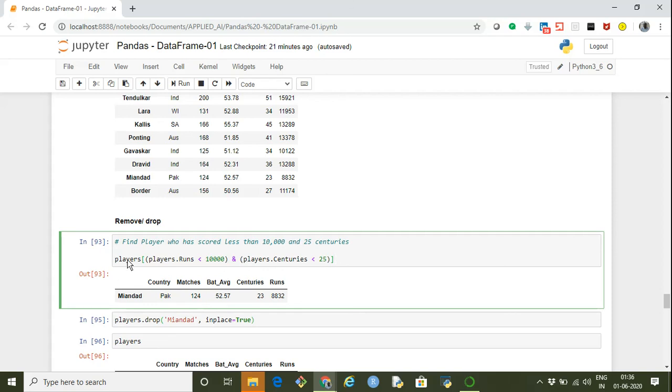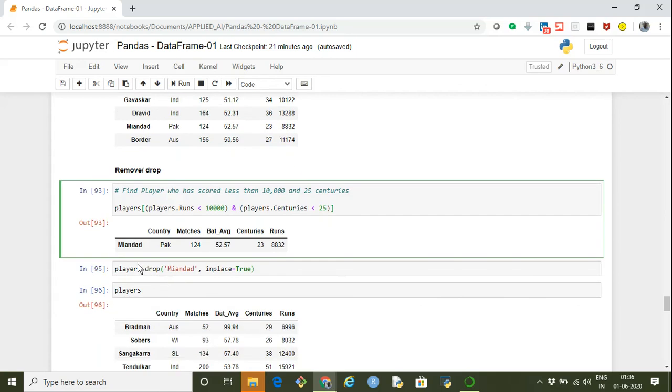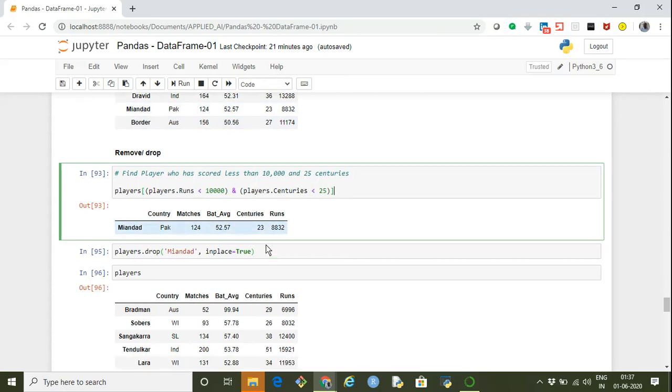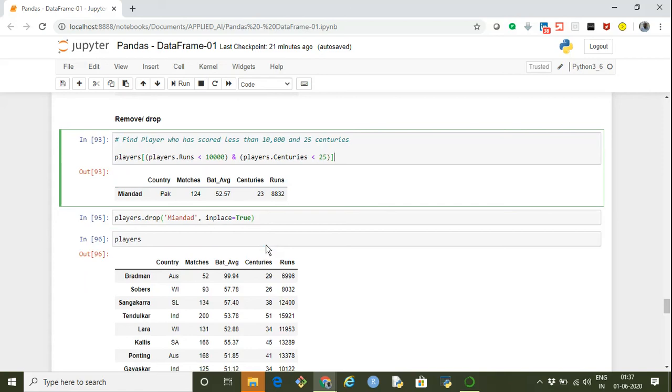So in the output we get one record. We got only one player, Miandad, who scored less than 10,000 runs and also less than 25 centuries. So we will remove him from this elite player list because he doesn't satisfy our criteria of meeting both these standards.